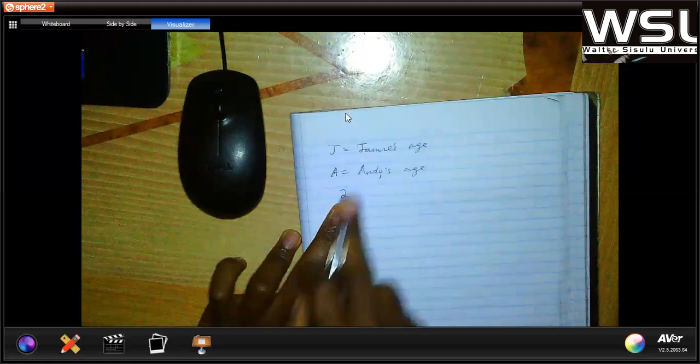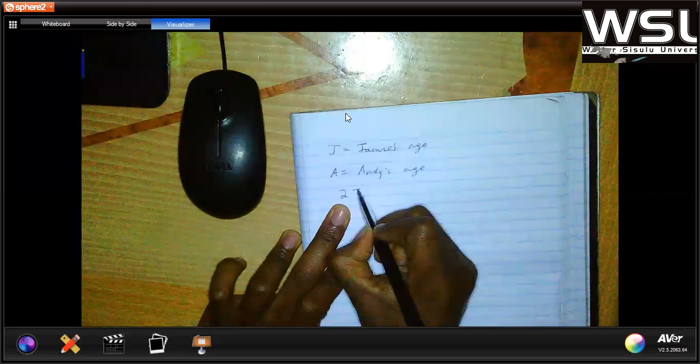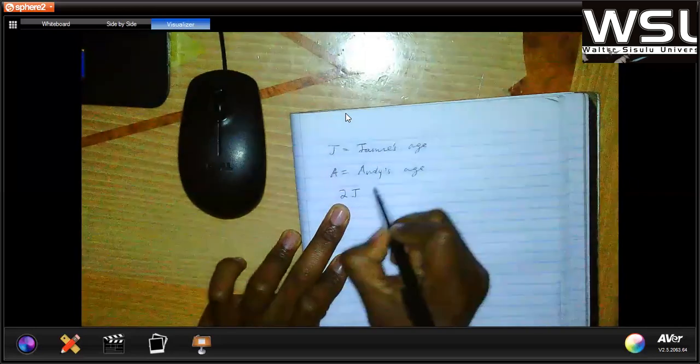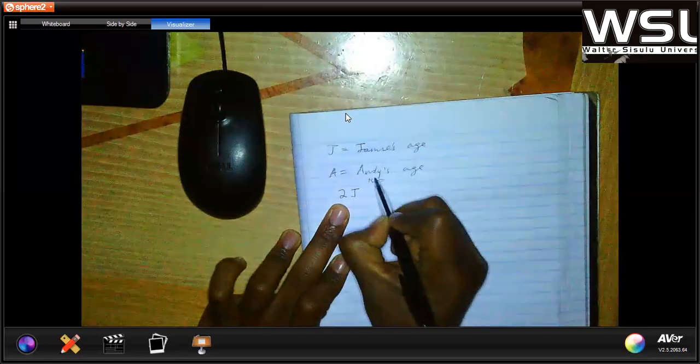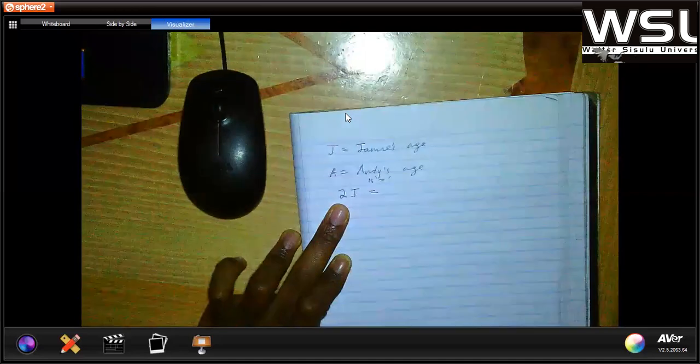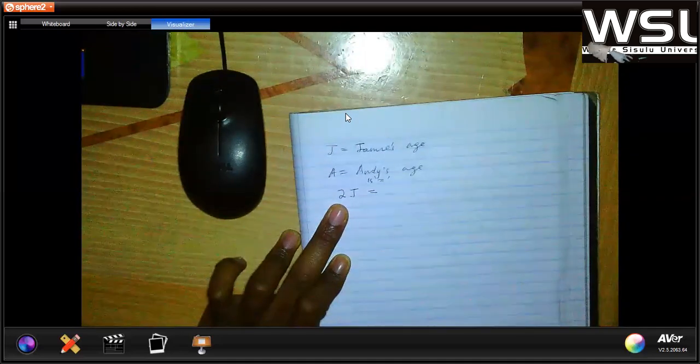It's J. It is, remember we said is the same as equal. It is equivalent, or you can say is equivalent is also the same as equal. It is equivalent to Andy's age